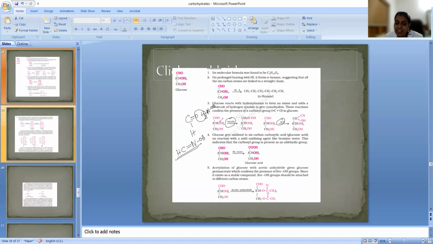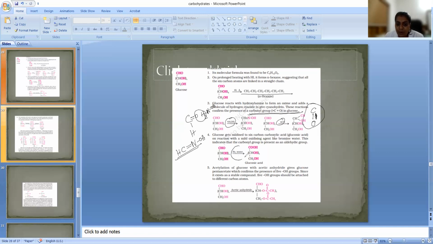Okay, so we can understand that an aldehyde group is present from this. So what idea did we get? There is a C double bond O group, not particularly aldehyde. We can tell that the carbonyl group is present. So here we got that it is a straight chain, and it consists of a C double bond O group. We understood this from this particular reaction.